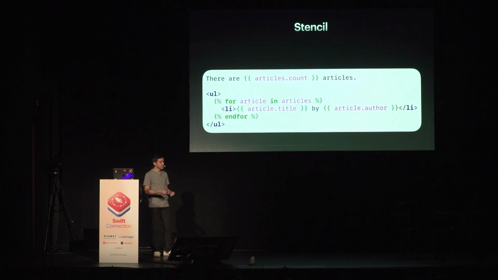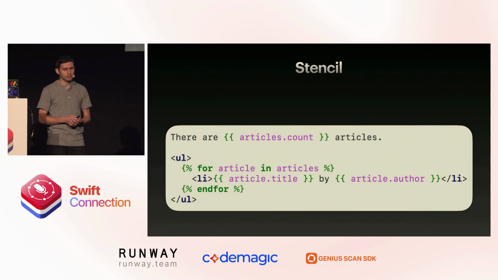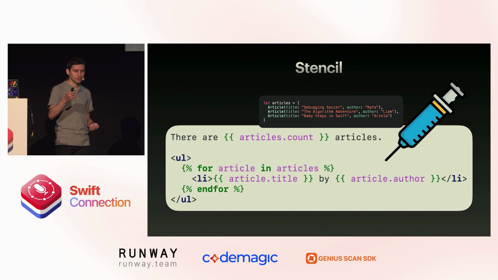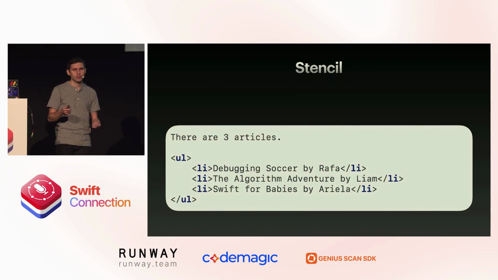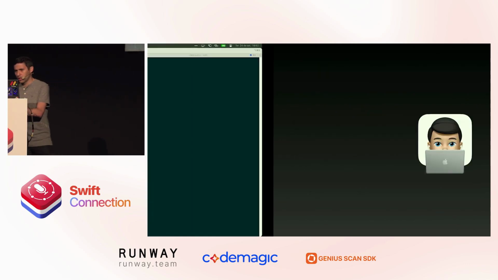For an example here, this is a short template, which expects articles. Once you pass in some data and you execute it, it's going to convert it into text. In this case, it's HTML text. In our case, we're going to do Swift code. All right, so on to the second